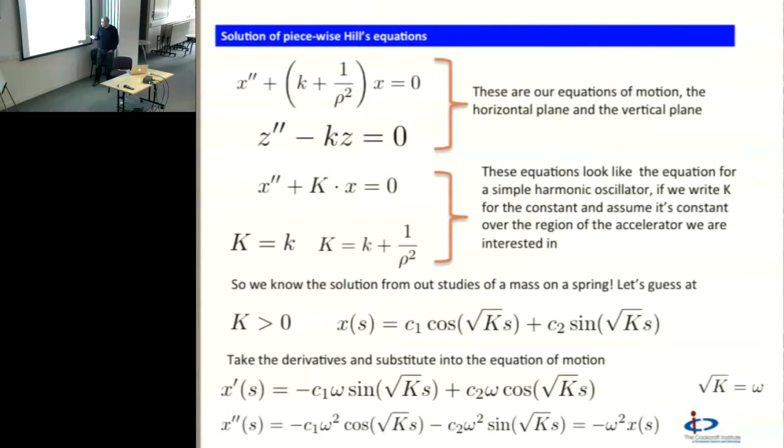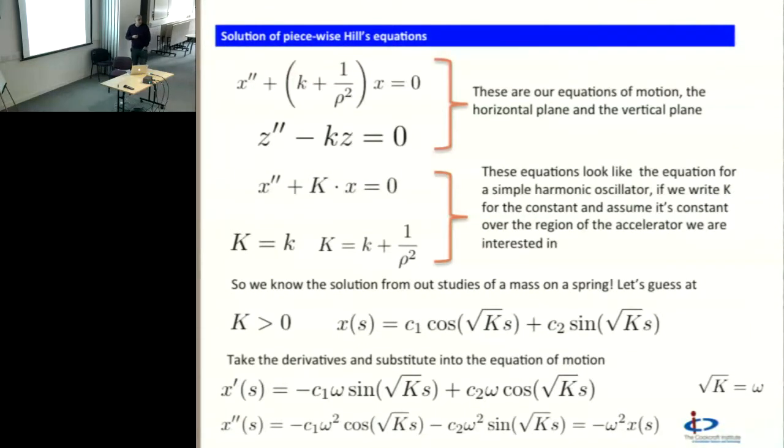It's just the same as a mass on a spring. So x of s, in our sense our transverse particle coordinate as a function of longitudinal distance along the accelerator, is now given by some constant times cos root K s plus some constant times sine root K s. That's what's happened. So the question is,